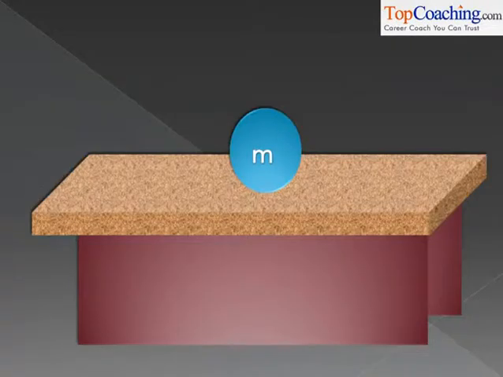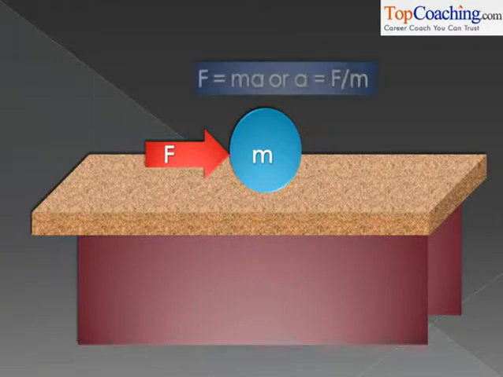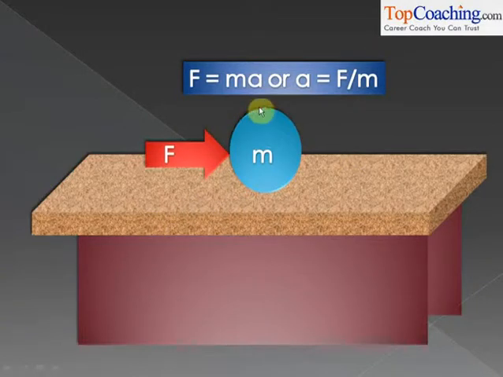Understood? What this law basically states is that if you have a body of mass m and if you apply a force F on that body, then the acceleration produced in the body will actually be F by m. Understood? So basically, acceleration is proportional to F by m, or F equal to m into a. This is what Newton's second law is all about. If there is any mass m on which a force F acts, then the body will immediately get an acceleration a.